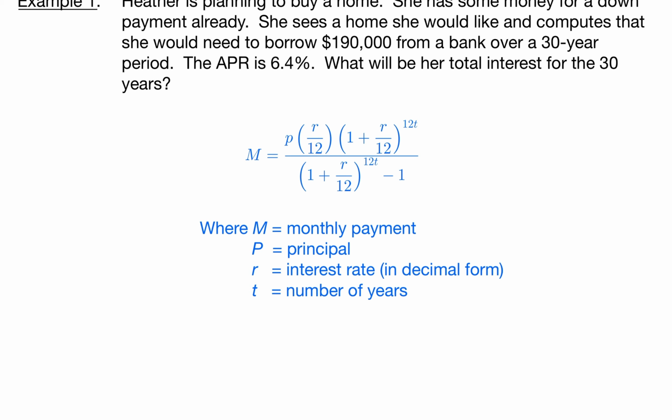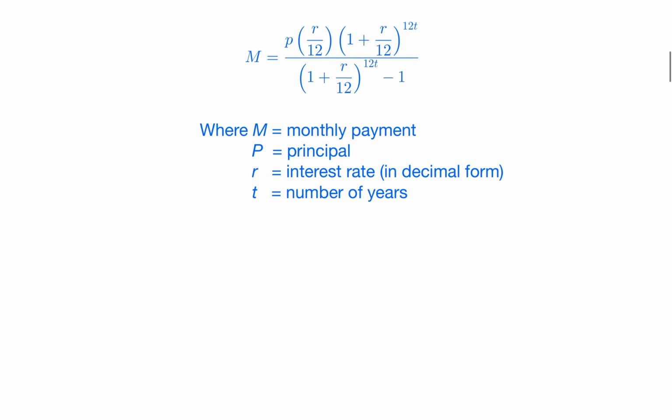That's going to be divided by 12 and then times the quantity 1 plus the rate divided by 12 to the 12t power, where t is the number of years. In this case, this is a 30-year loan, so it's going to be 12 times 30. And that's going to be divided by that same quantity again, 1 plus r over 12, raised to the 12 times 30 power minus 1, okay? So if we were to go ahead and plug in all of those values, then our monthly payment would be